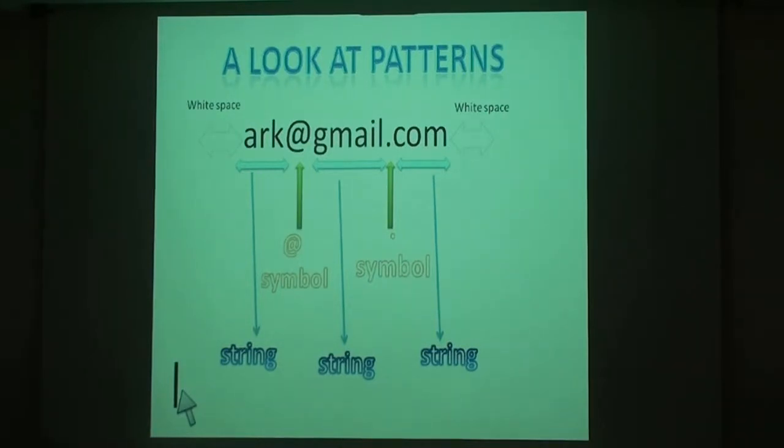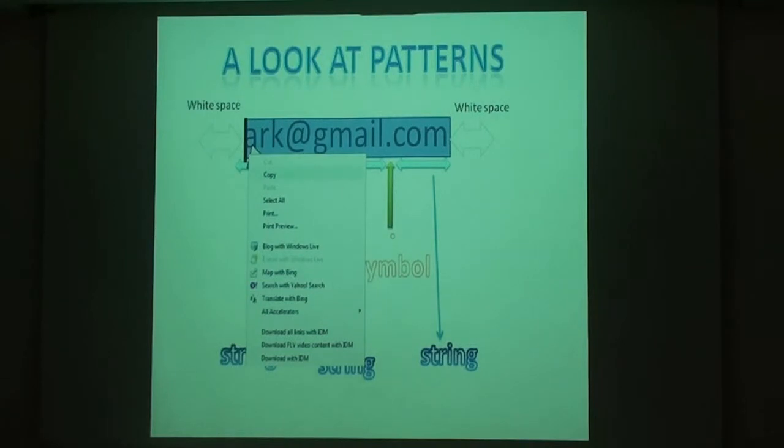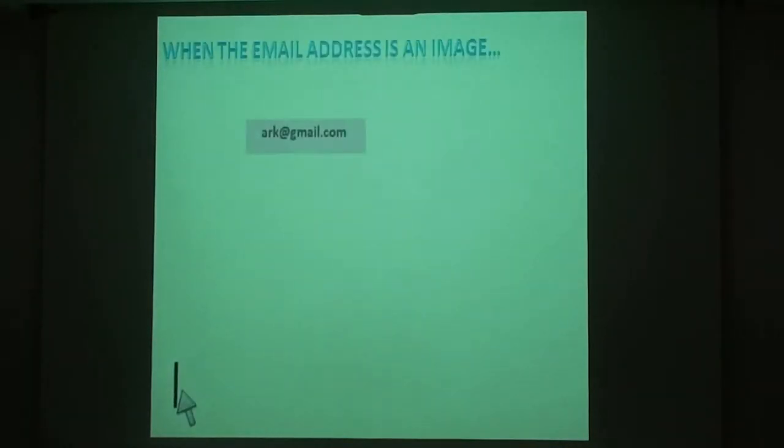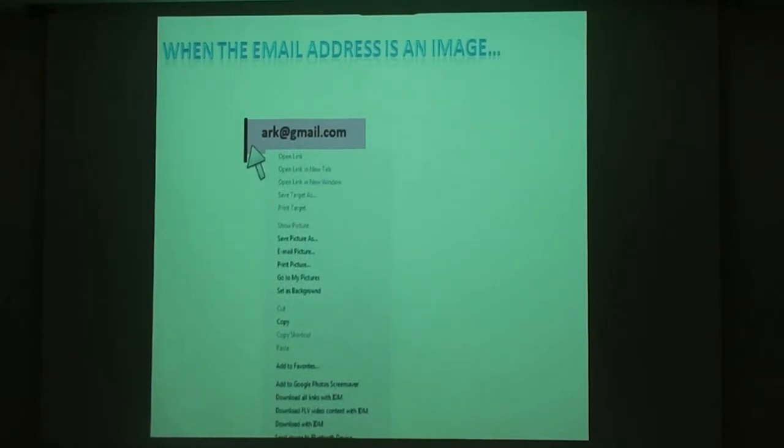To make you understand this in simple ways, as human beings, when we right click on text-based email addresses, we have the option of copying them. So when we select copy, the email address gets copied. In essence, the program that we are using to right click and copy the email address can read the email address. However, if the email address is in the form of an image, then using the same program, when we right click, we cannot extract the text, because the only option available is to copy the image and not the text. So this forms the principle of using address munging using imaging techniques to prevent email address harvesting.